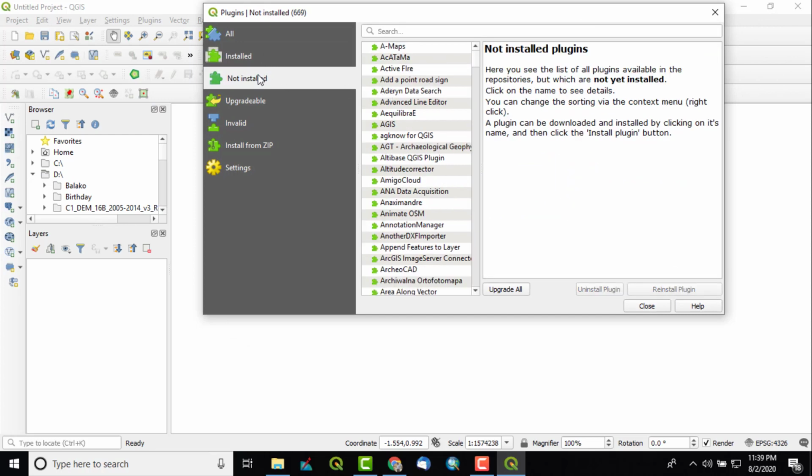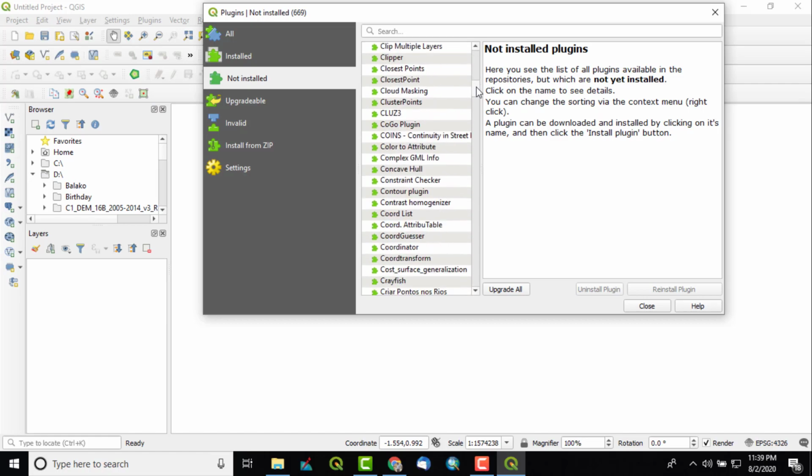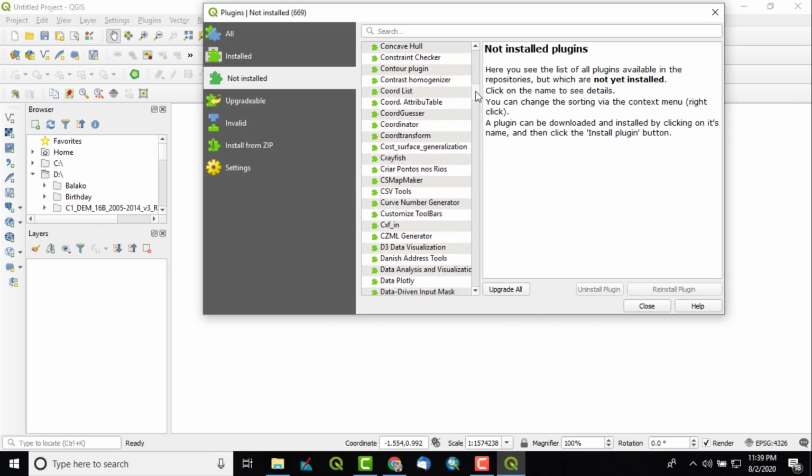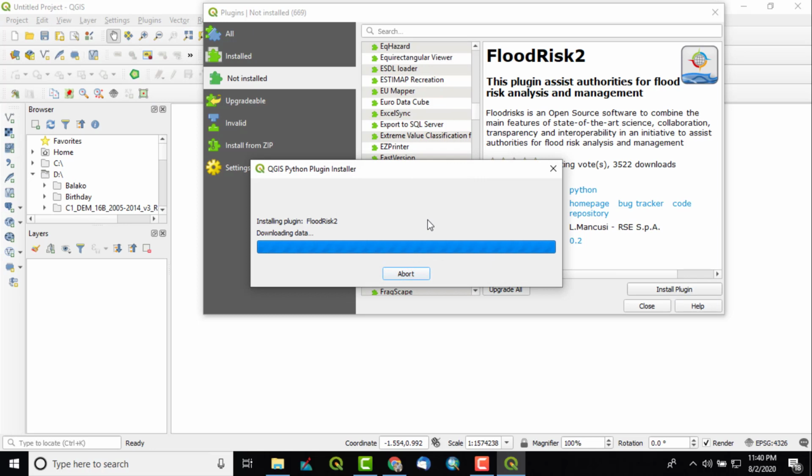And if I click on not installed, only those I have not installed on my software will be visible. Suppose I want to install this plugin, I will just select flood risk 2 and click on install plugin. Immediately it will be downloaded from the repository and installed into this QGIS software, and we can easily use it.